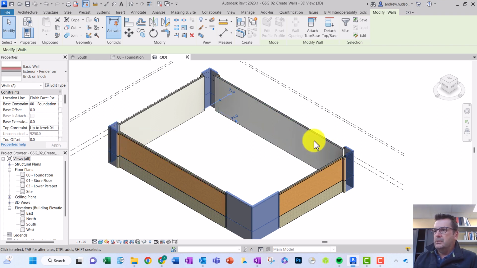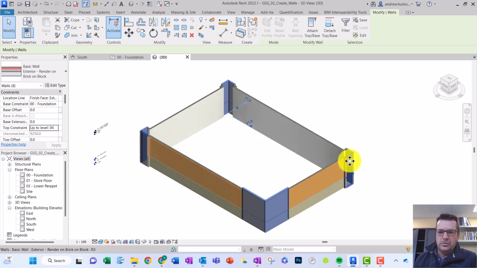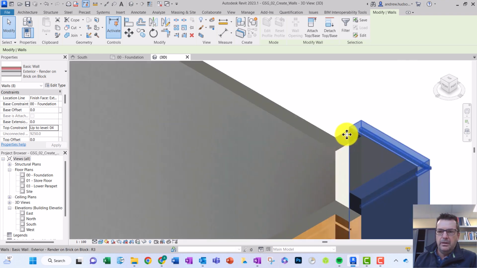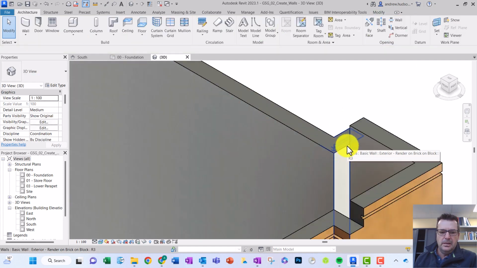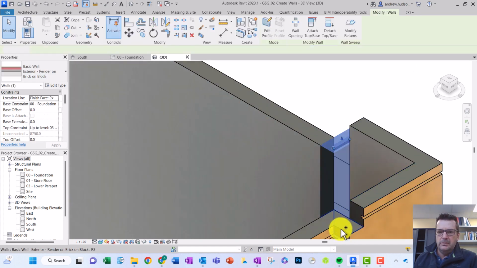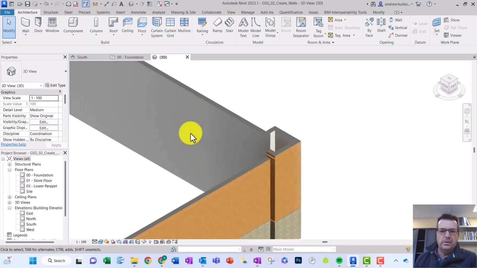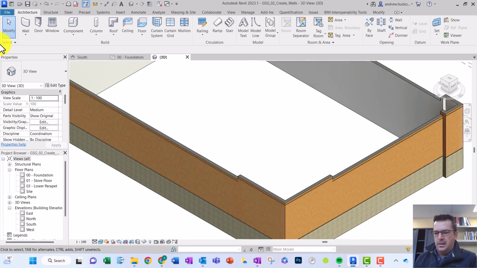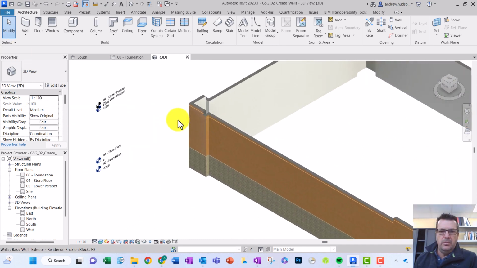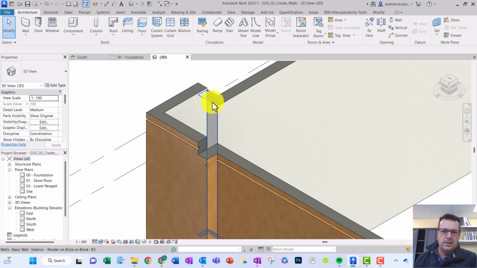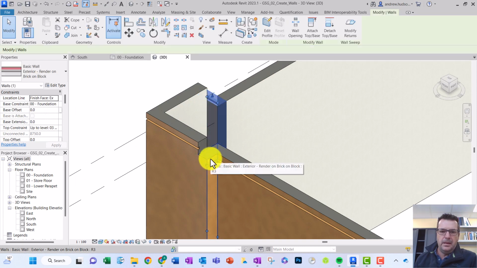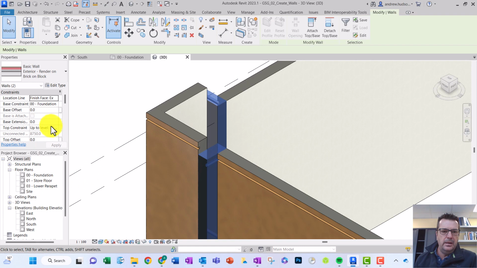And then I think we need to zoom in a little bit, because we might have to go around and get these little corner walls, which I missed, and also adjust those to the upper parapet, like that. Make sure you do that on each of the corners, so you might have to zoom out. And I think you can pan with your mouse wheel if you press it down. Select each of those. You can do it individually, or you can do the whole lot in one hit. Make sure you change all those to the upper parapet,